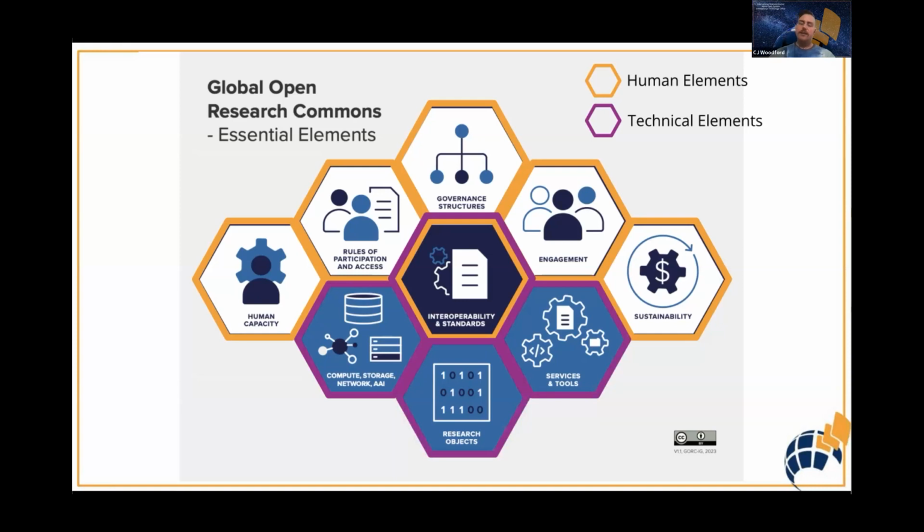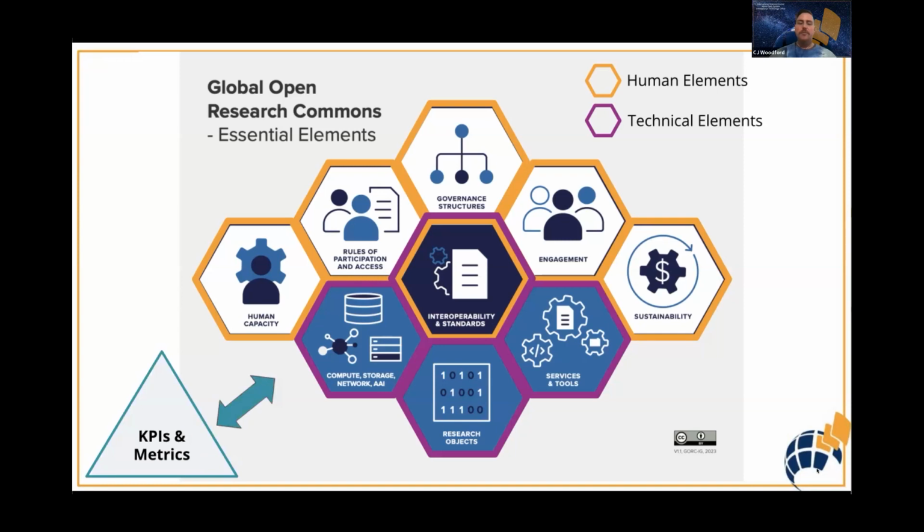And I would like to highlight that our current version of the model, version 1.0, is all about digital research objects and infrastructure. So our services and tools and research objects don't include physical tools or telescopes, physical research objects such as samples or research hardware. But hopefully future versions of the model will. So this is a dynamic thing that we want to keep building with the community.